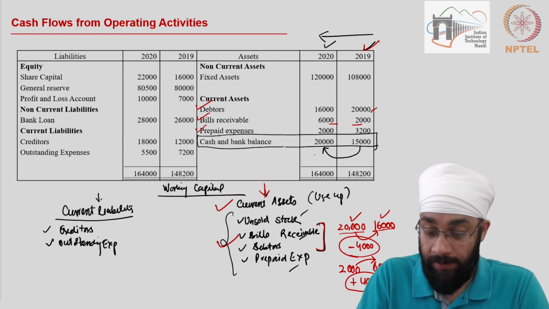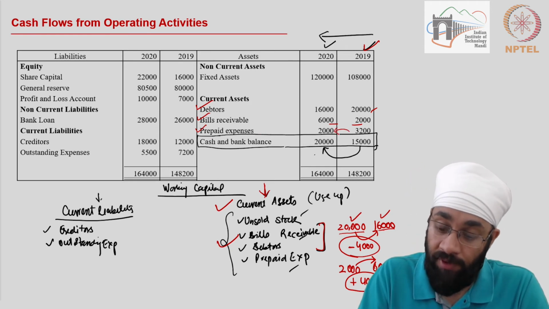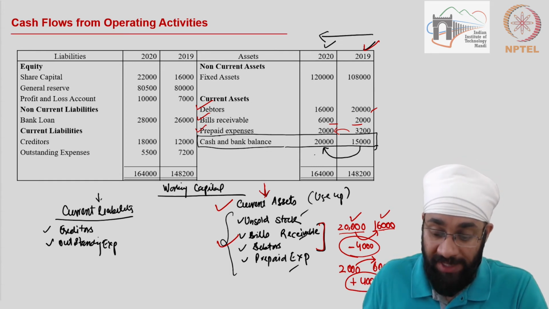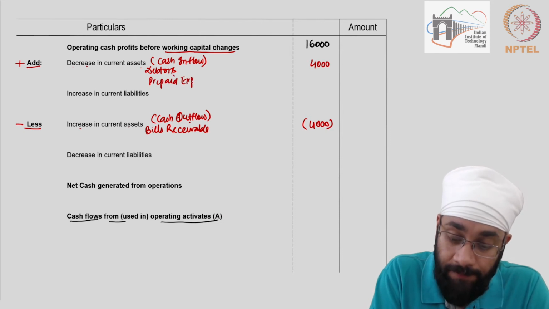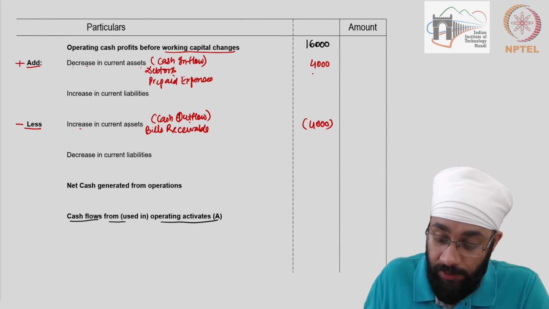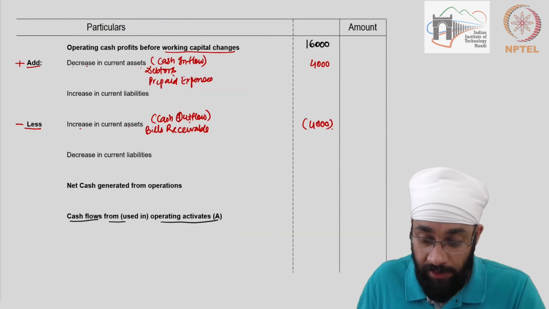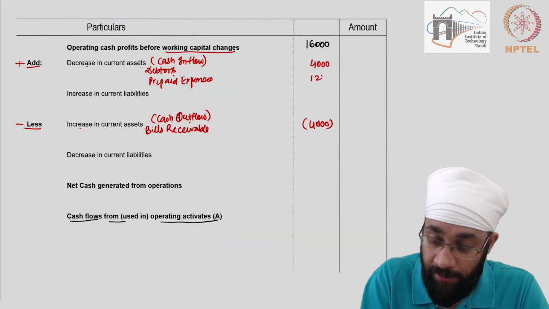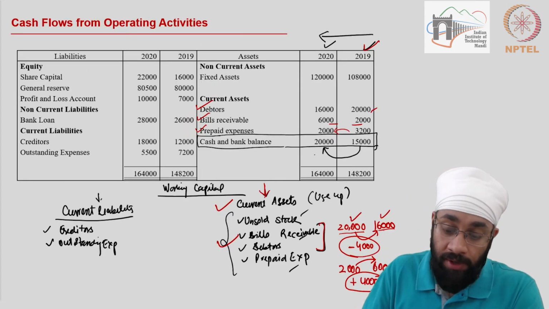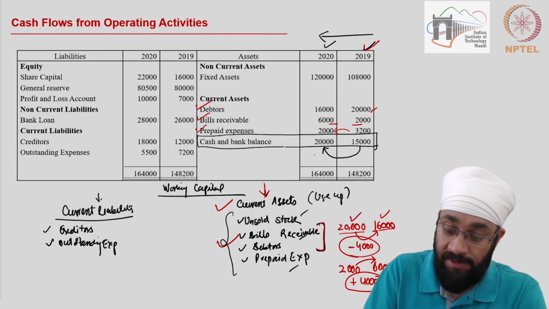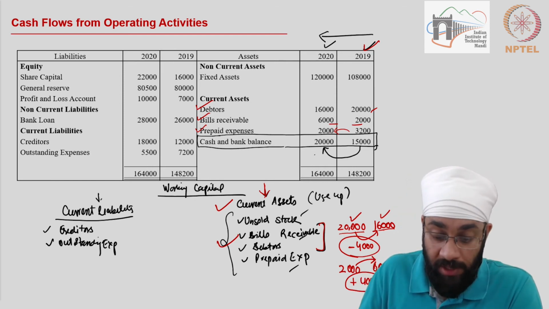The third current asset that you have is prepaid expenses. Prepaid expenses are going down from 3,200 to 2,000. So any decrease in the current asset is a source. So I'm going to write prepaid expenses. The difference is that it is going down by 1,200, so I'll write 1,200 here. It's a source. Okay, and I'm going to do a separate tutorial on understanding these changes and classifying them as an inflow or outflow as well. So look out for the following videos where I discuss these things in detail.